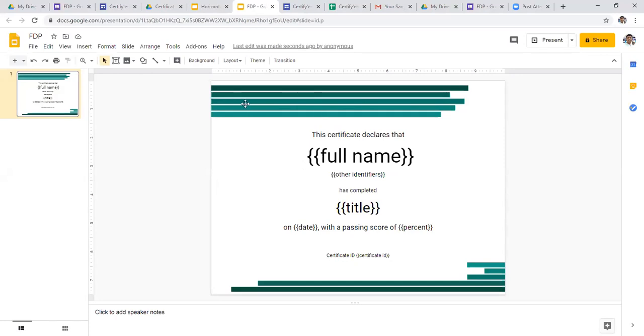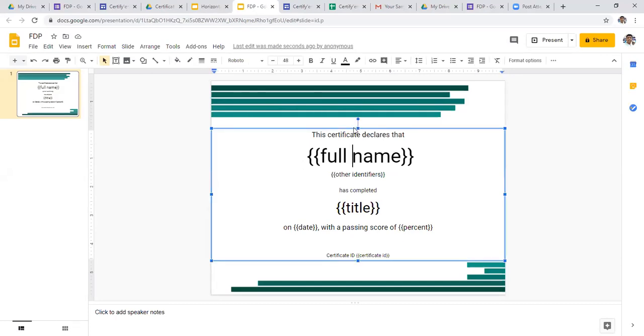And here, this is the first identifier. In our feedback form or quiz, the name of the participant is automatically taken as the full name. Then the second title may be designation or college name or some other parameter. It will automatically take it. So here we can write, this certificate declares that Dr. C.H. Venugopal Reddy has participated. We can type here as participated.